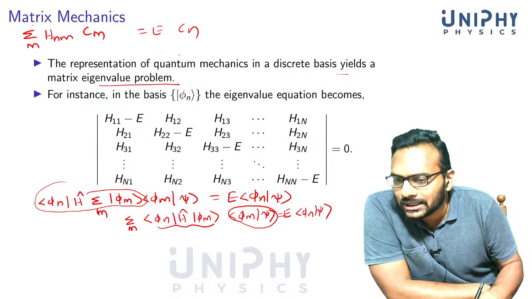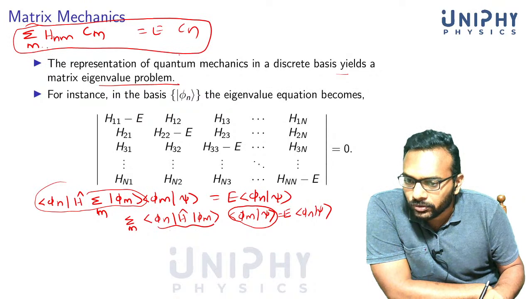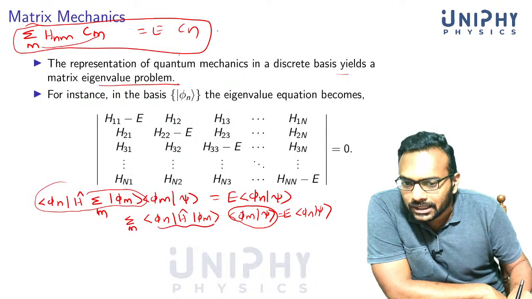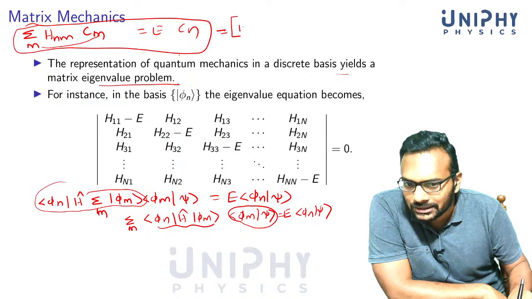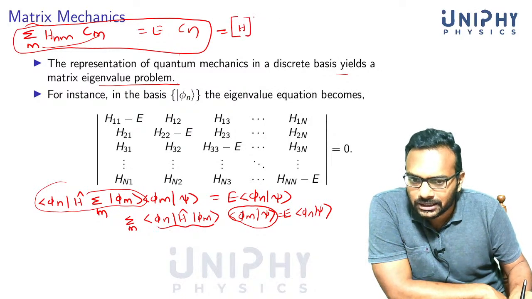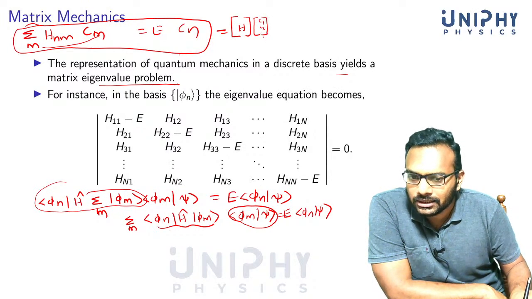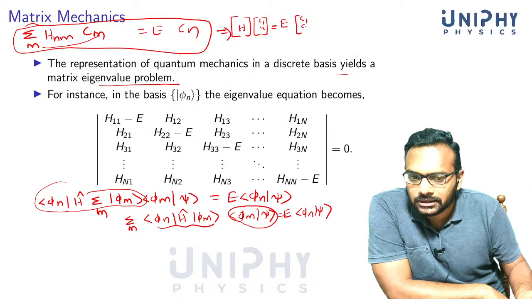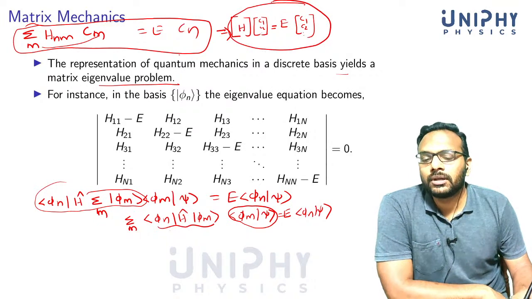Now you see that this is a matrix equation. This is an equation for matrix multiplication. You are summing over m, so there is not just one Cm, there is C1, C2, C3, etc. This is the component form. The corresponding matrix equation is a square n by n matrix multiplying a column matrix with C1, C2, etc. up to Cn, and that is equal to some constant multiplied by a column matrix. This is nothing but an eigenvalue equation in the form of a matrix equation.